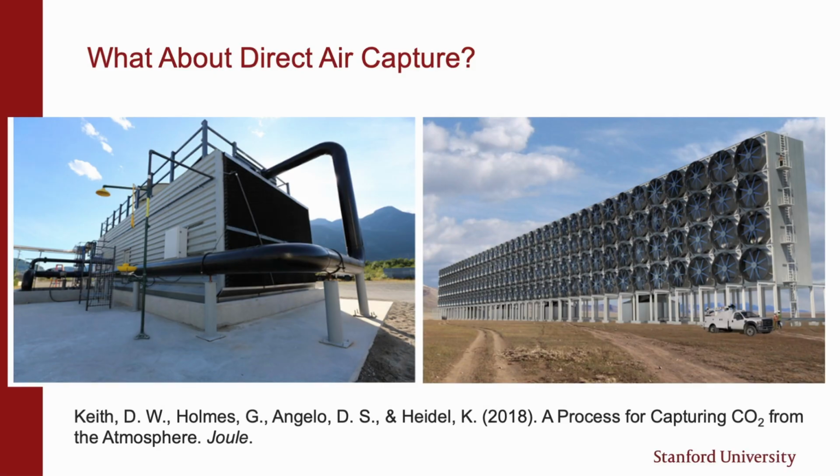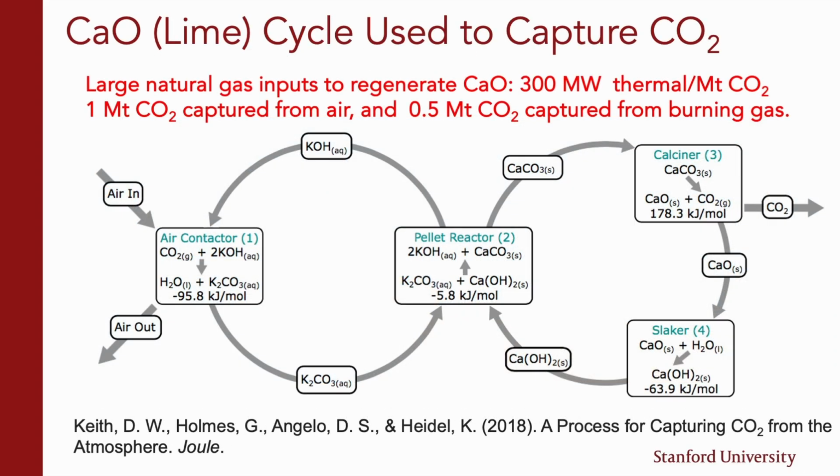So let me just say a word here about the direct air capture. The picture on the right is the artist's conception. Guess might be a better word of what it might look like. You can see it's a lot of blowers and a lot of fans. So if you were going to do this at big scale, it takes a lot. And they basically do a sort of complicated chemical process, which I'm not going to take you through all of it. Basically, potassium hydroxide